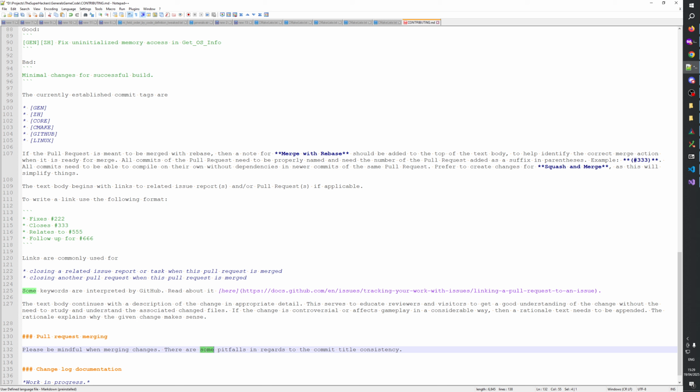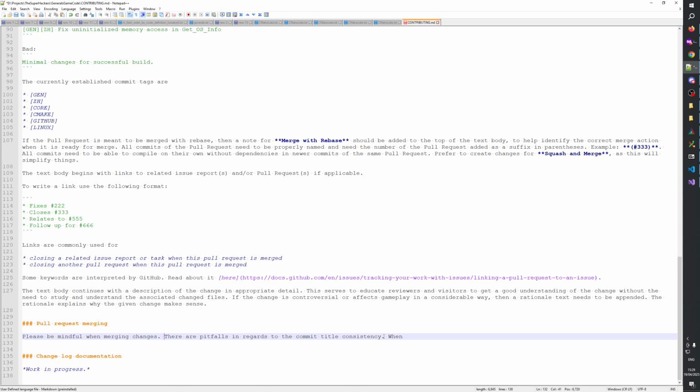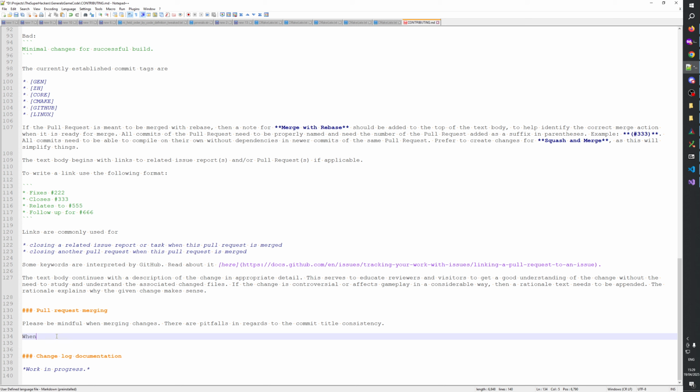There are pitfalls in regards to the commit title consistency, when attempting to squash and merge,